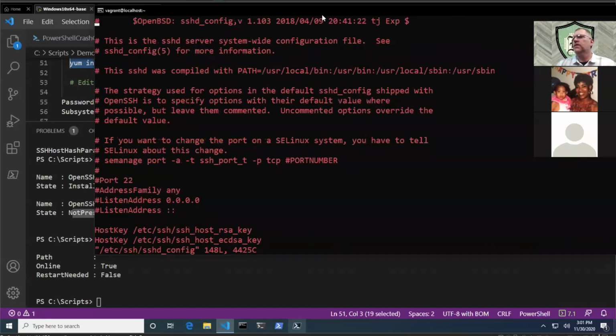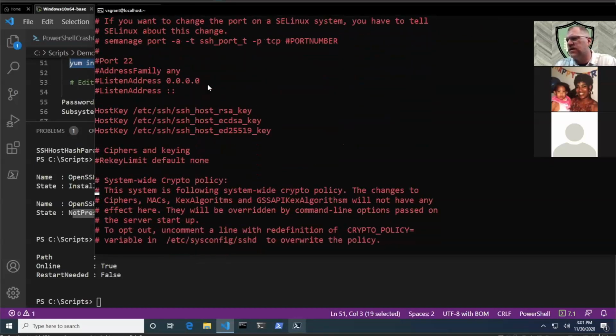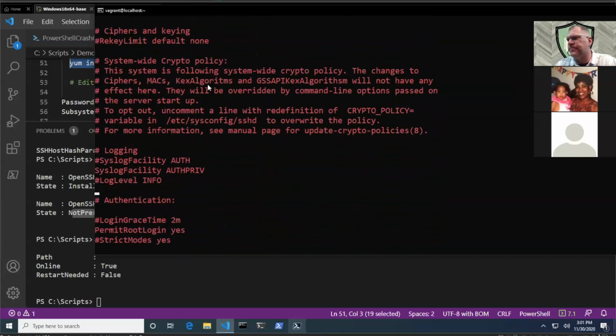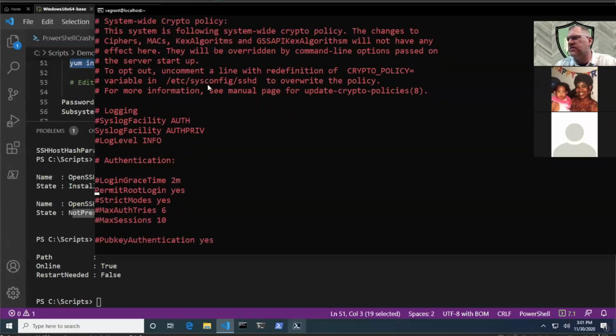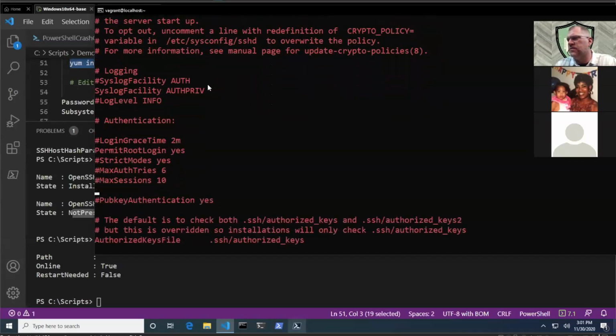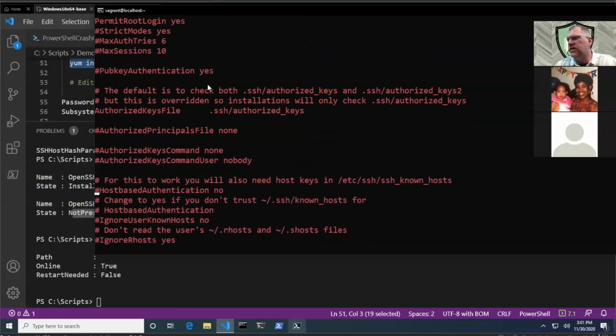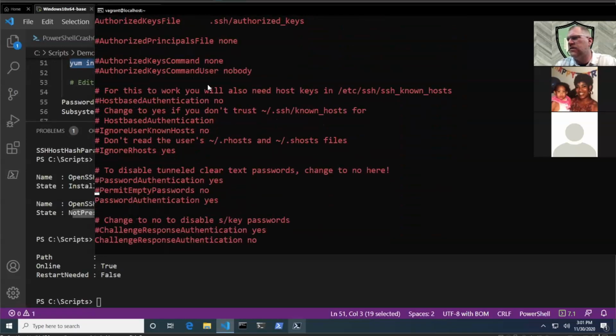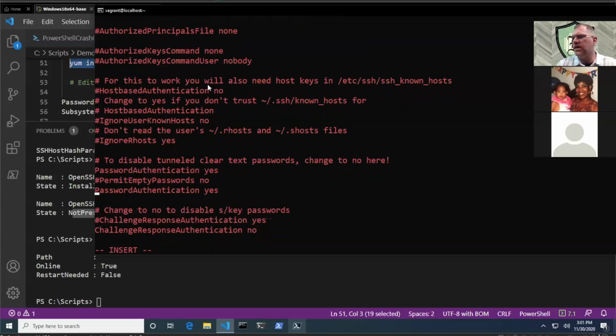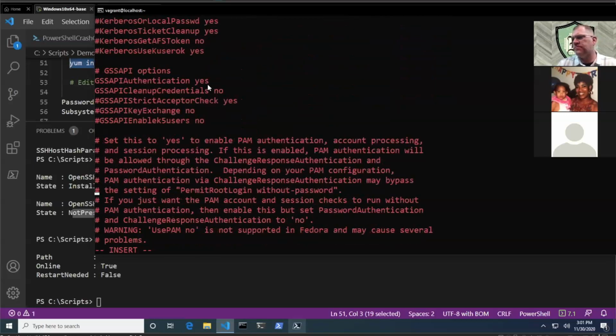Here we go. Somewhere down here, ciphers, it's down toward the bottom. So here we go, the authentication, public key, password authentication. We need to uncomment that. And then down here at the very bottom,